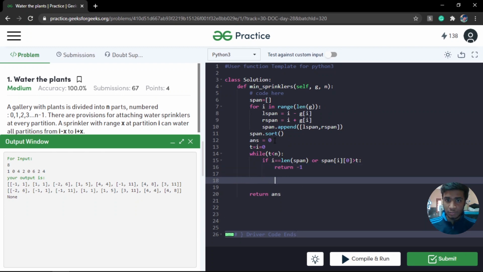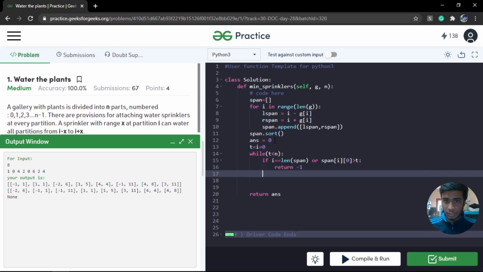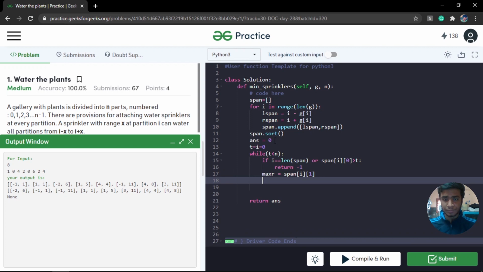In all the other conditions, once our control reaches this point, then we know that we have a solution, right? So now I'm going to initialize my maximum range. I'm going to call it max R. So max range is going to be initialized with my current sprinkler itself. So it is going to be span of i of 1. So 1 is going to be the maximum range towards its right.